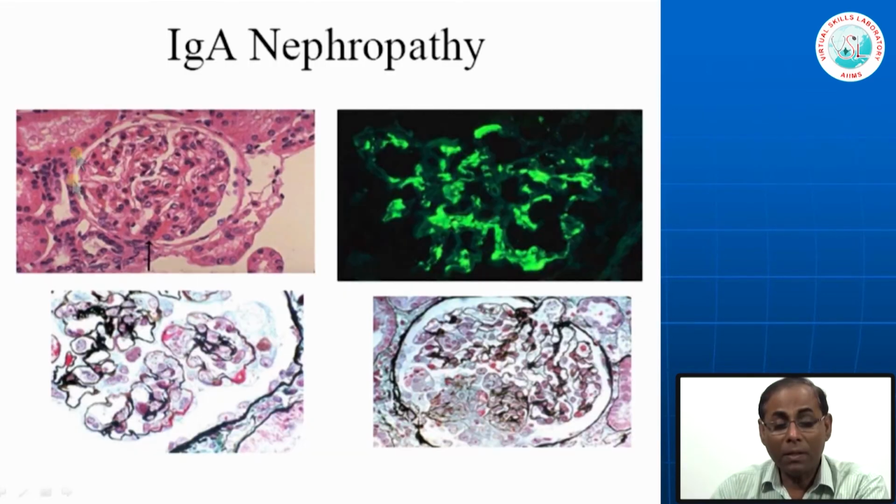circulating immune complexes. This is the typical photomicrograph of a glomerulus. If you see there is increase in the mesangial matrix as well as the increase in mesangial cellularity. Normally they are, I think, 4 to 8 cells per mesangial area. If you do immunofluorescence study, you can see there is immune complex deposit of IgA and C3 complement in the mesangial area. So, they are all in the mesangial area and not much in the capillary wall. So, that is in the majority of the cases, you can get also sometimes in the capillary wall, and if you do the silver stain, there is hardly any thickening of the basement membrane,